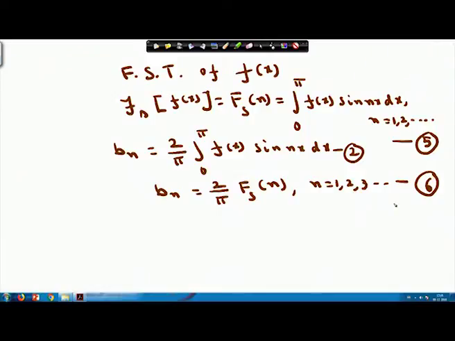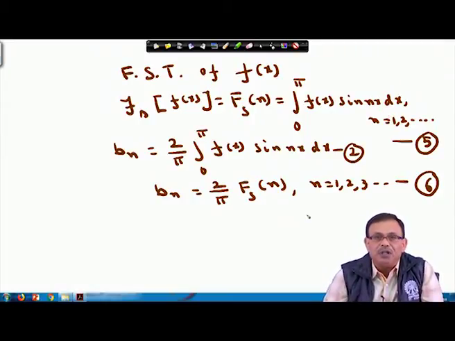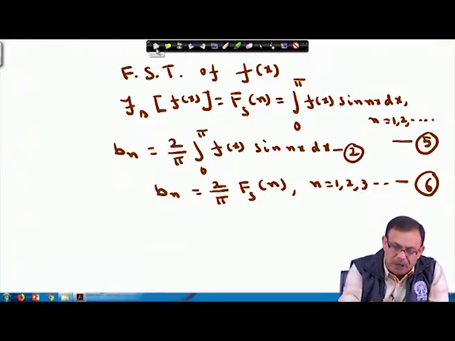Therefore, the Fourier sine transform of f x, we are defining as capital F s of n, equals integral 0 to pi f x sin n x dx. So, the finite Fourier sine transform of f x equals integral 0 to pi f x sin n x dx, n varies from 1, 2, 3 like this. And from these two we can tell that B n is nothing but 2 by pi into the Fourier sine transform of n. And similarly, the inverse,